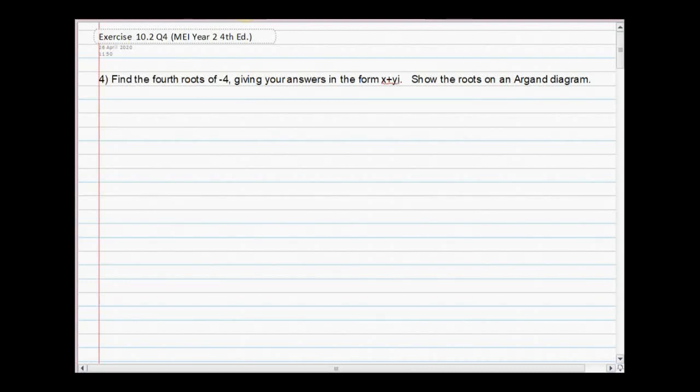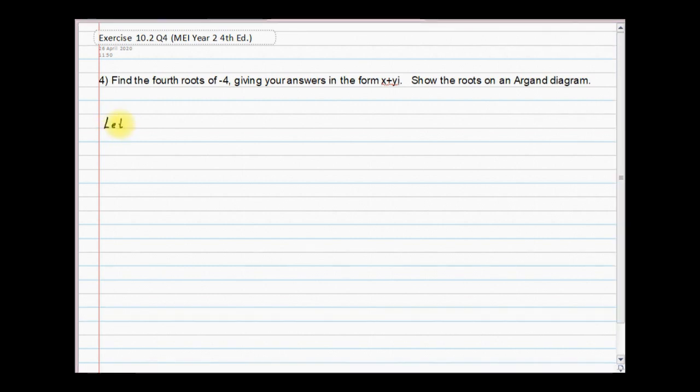Hello, in this video I will be solving a problem on finding the nth root of a complex number, and this is from the 4th edition of MEI's A-Level Further Mathematics book. Let me start. Let z to the power of n equals a,